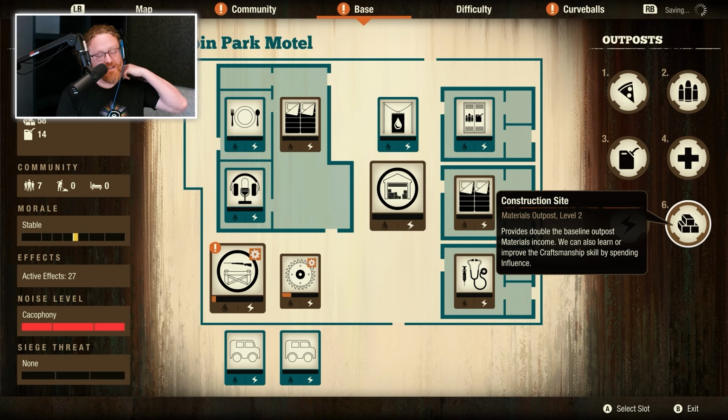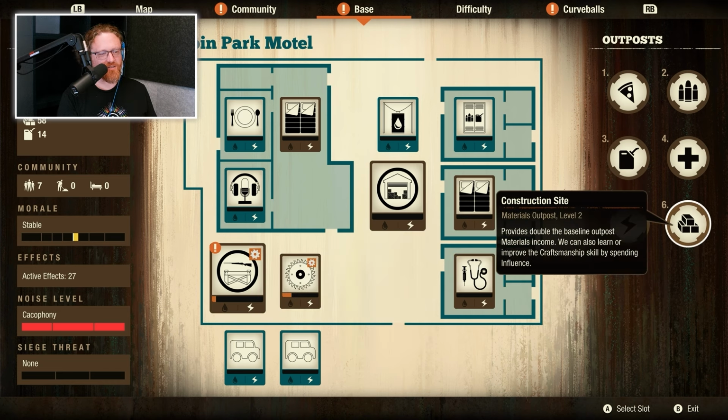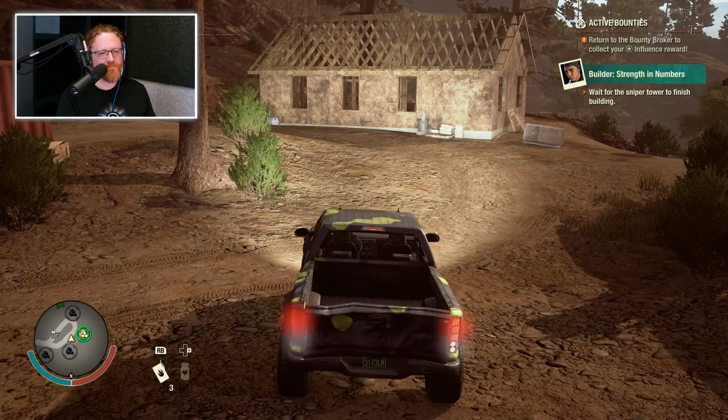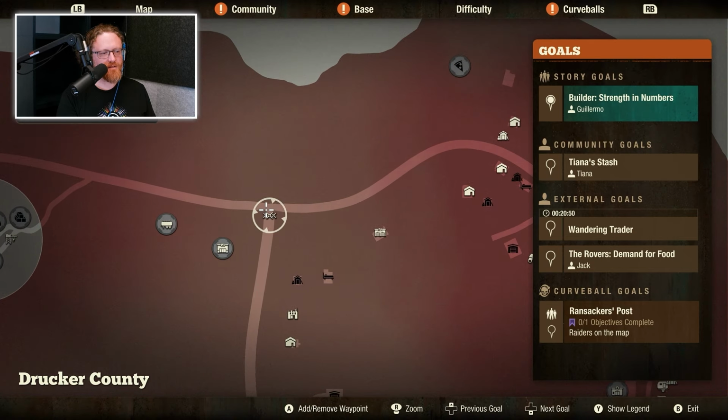Actually, materials I don't need nearly as much of now that I've swapped out my luxury barracks for the sniper tower. I think those require very different amounts of resources. So I could get rid of this materials site. Wait, no, that's the one I'm at right now. I don't want to get rid of this one. It's very convenient. I also have a lot of meds. I might be able to get rid of the military trauma tent and replace it with a food one. That's an option. For right now, though...